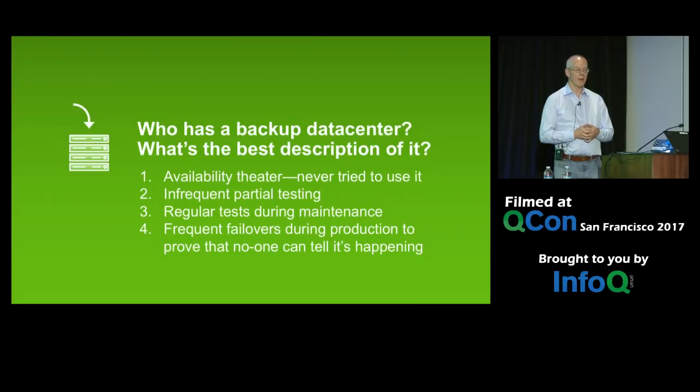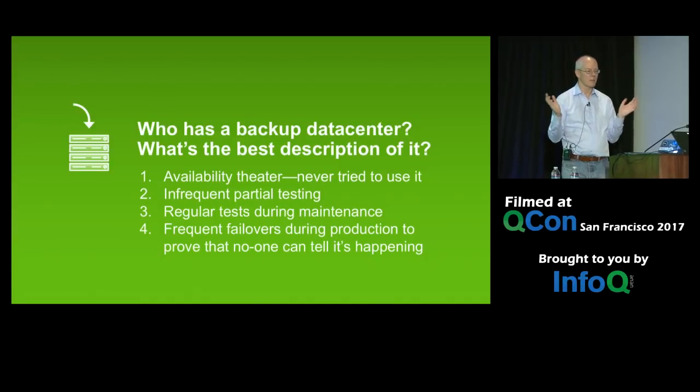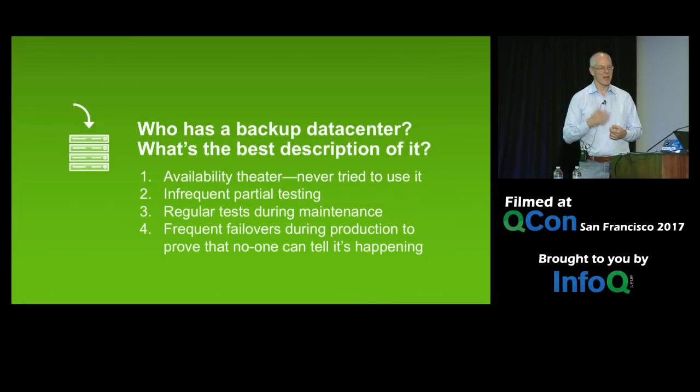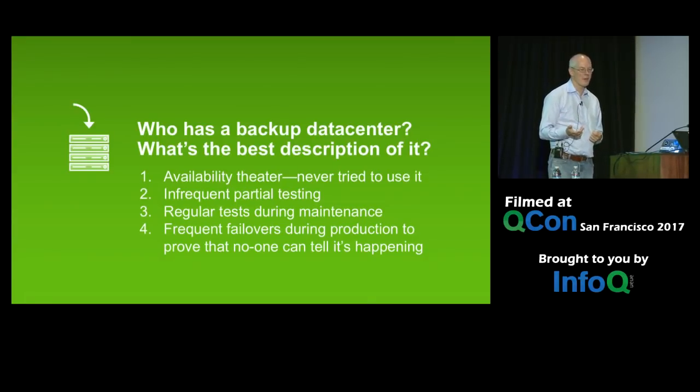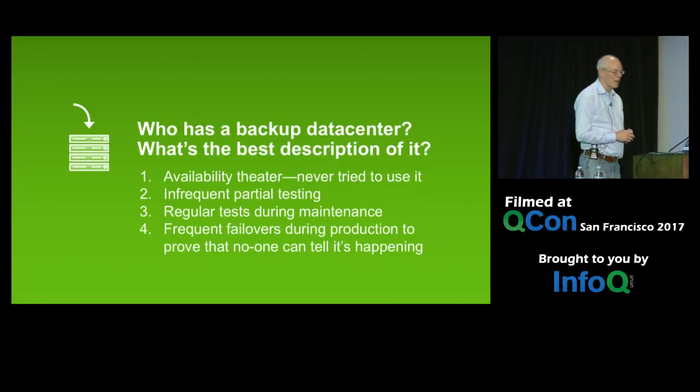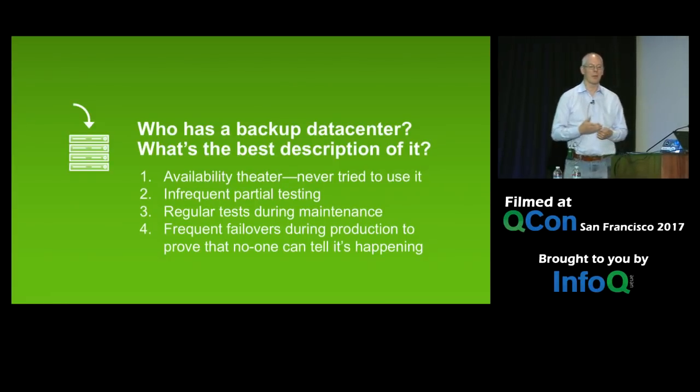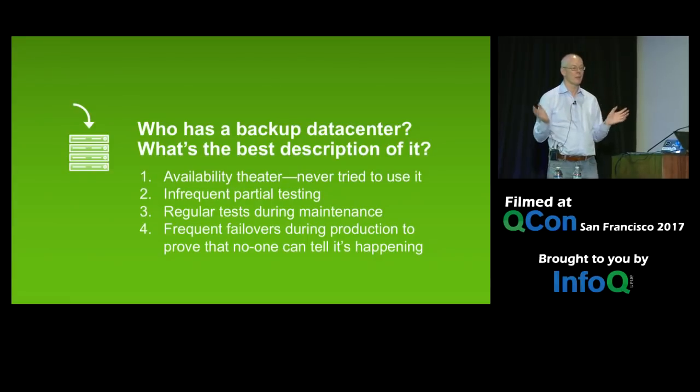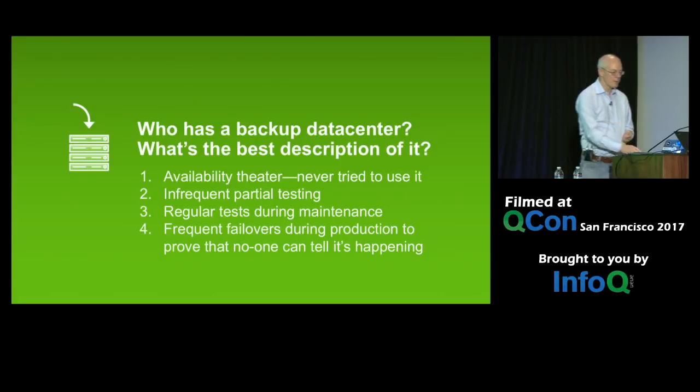Or do you do frequent failovers in production, and nobody can tell you're doing it, right? We're hearing from Dave Hahn, every week or two, Netflix actually shuts down an entire region and moves all the traffic somewhere else. It takes them less than 10 minutes, and nobody notices it's happening. And if it fails, they do it more often, right? This is that continuous delivery principle that Jez Humble came up with. If it hurts, do it more often. Have you heard that? So the point here is if you keep doing this frequently enough, it will stop hurting, and if there's some issue in any part of your system, you just switch away from it and everything's fine.